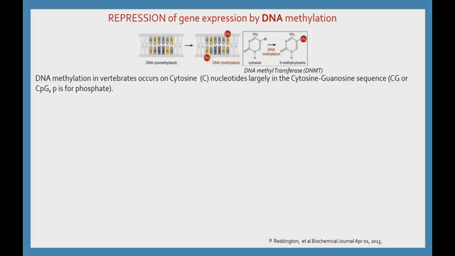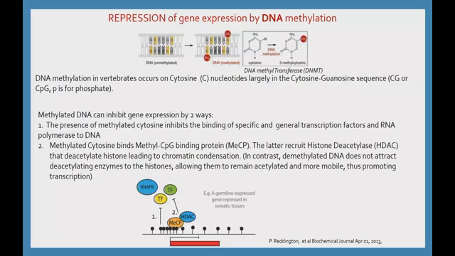Okay, so the methylation occurs on the cytosine that is next to a guanosine, so we say the CpG sequence. That's easier for me. How does this happen? And how does this DNA methylation influence gene expression and gene transcription? Always the same: either directly or indirectly. Directly, because the methylated DNA